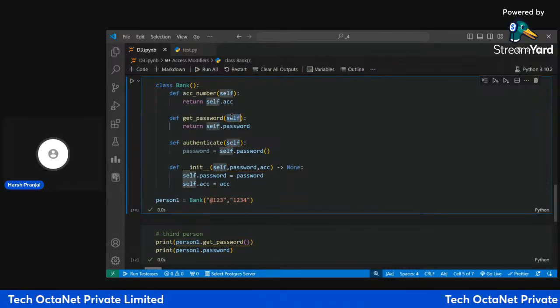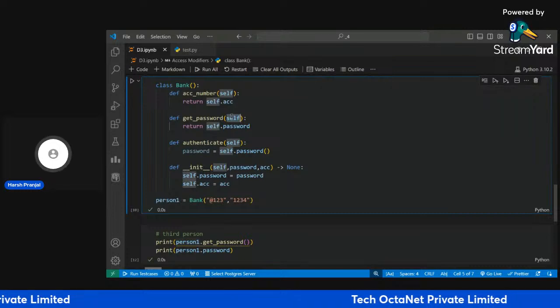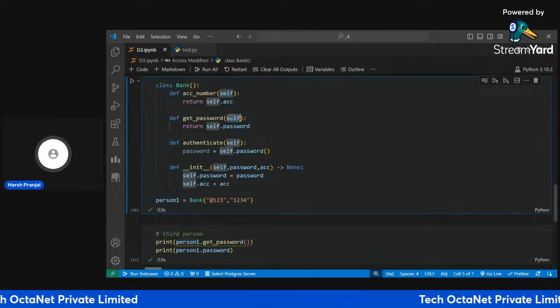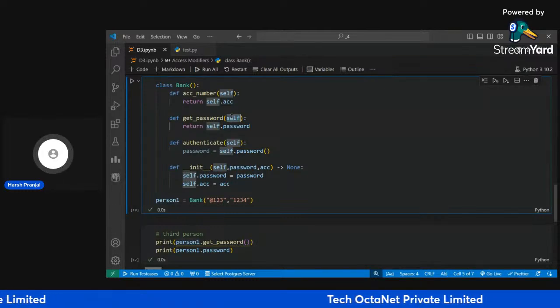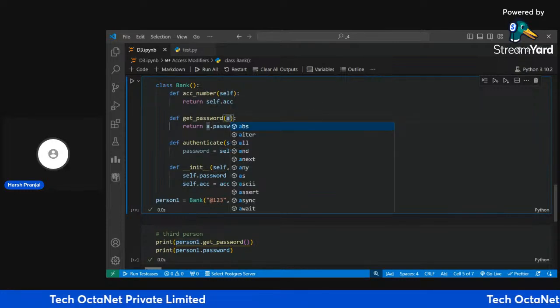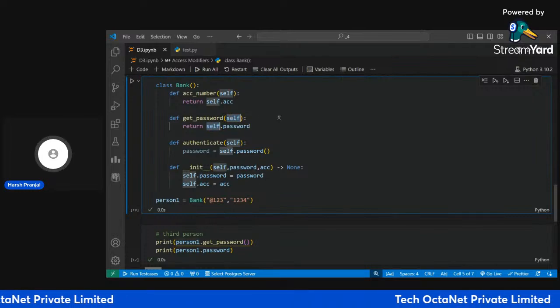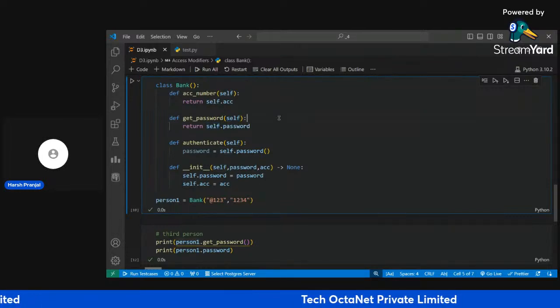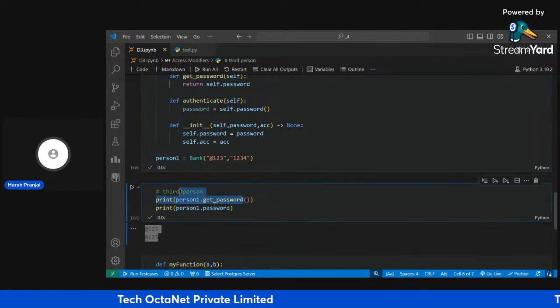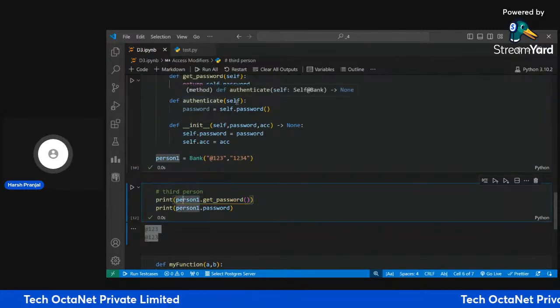This self will accept that object. So it is necessary to provide self inside each and every method you declare inside your class. Okay, it is mandatory to provide self. See, the name itself is not fixed as self. You can change this name to anything like AB or whatever you need, but it is a standard practice to use self, right? So whenever you call a particular method with this object, this object will be passed to